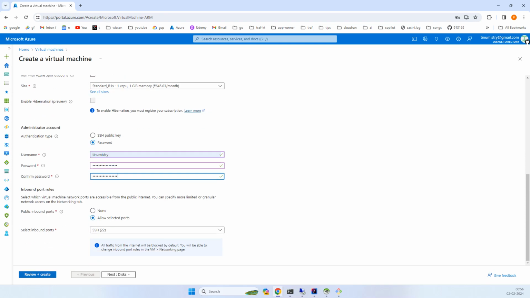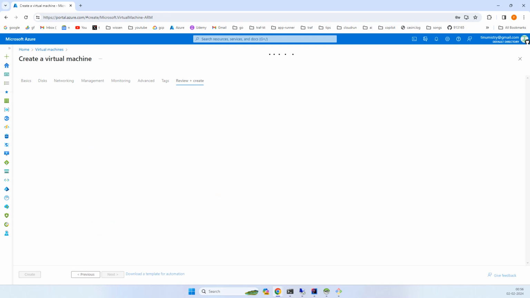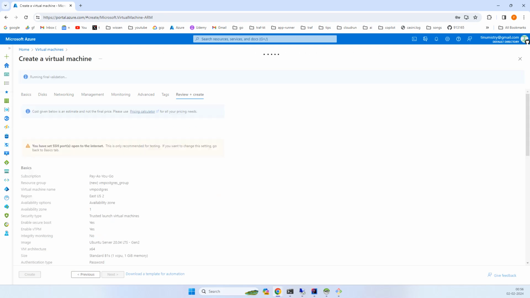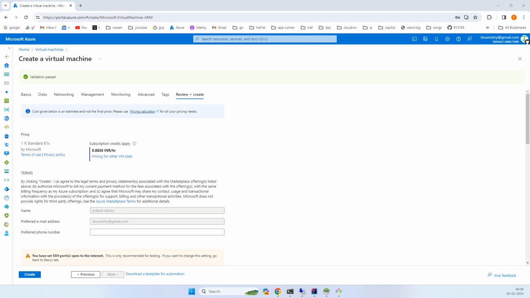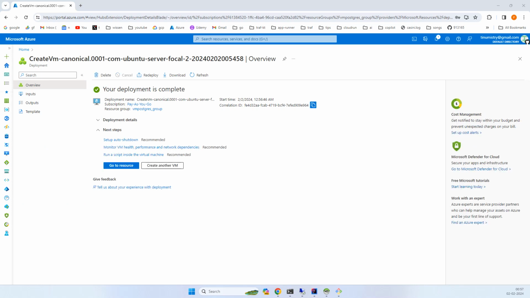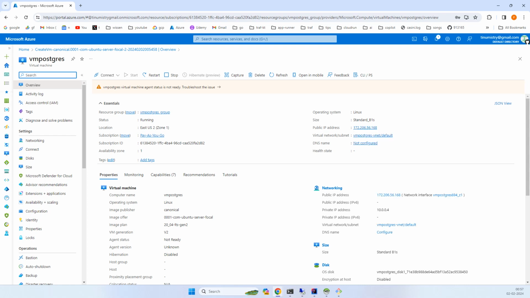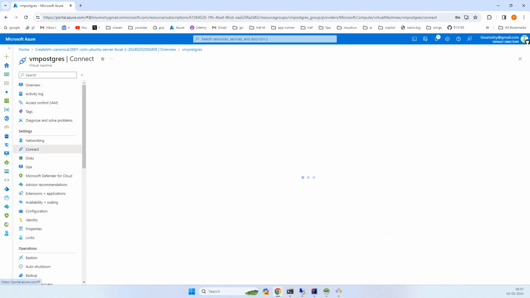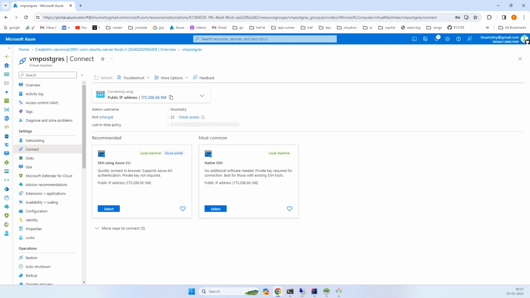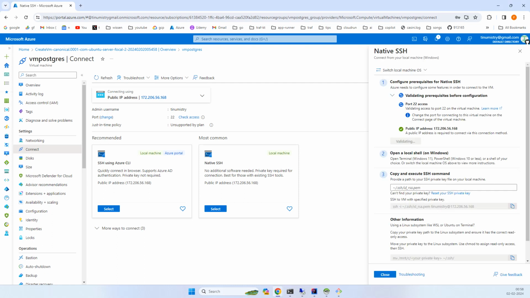And I'll just click on review and create, and click on create. Now go to the resource and click on this connect. Click on this select native SSH, and it will provide a command. Okay,